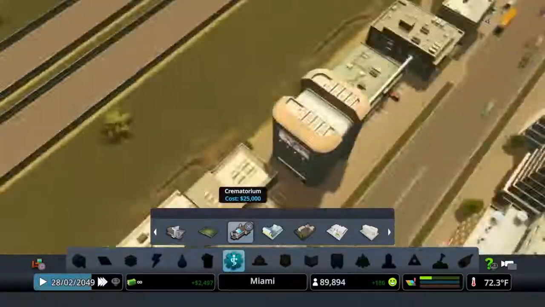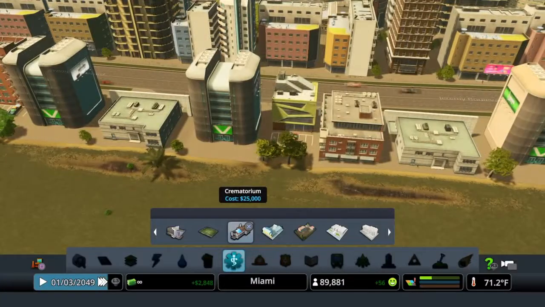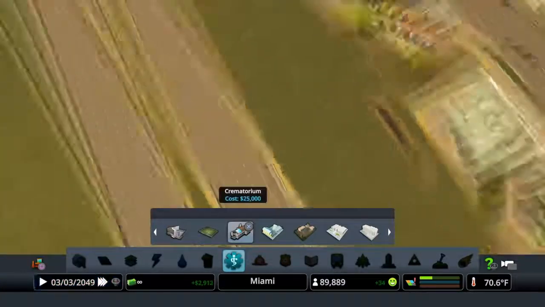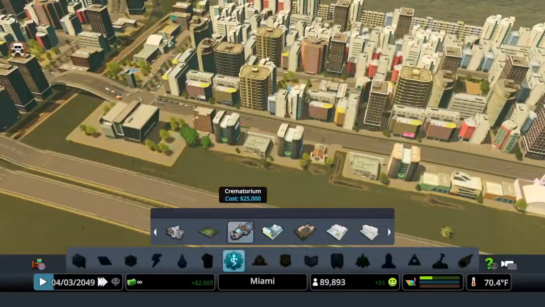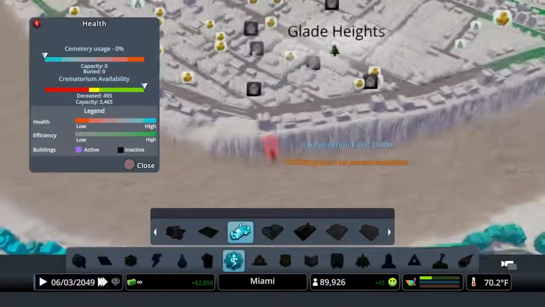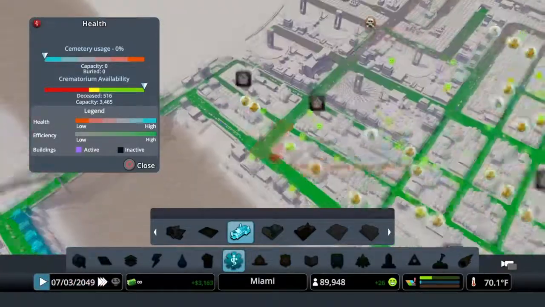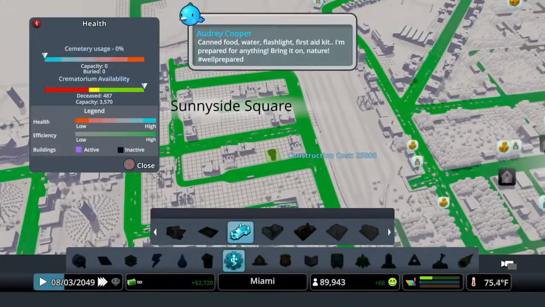So I just went ahead and added a couple more crematoriums into the area. I'm just going to drop a couple of them in here to meet that demand, and we can get some hearses out there and pick up the bodies of the people that have passed on in our city. You don't necessarily need crematoriums for the areas for industry,